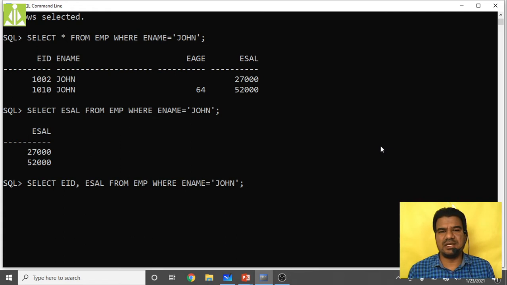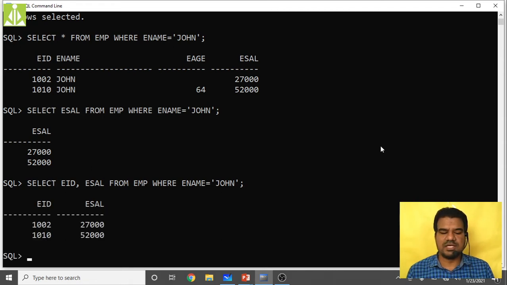See how easy it is framing the queries. You just have to know the technique of writing the statements in this particular language. When you hit the enter key, it will list that. See, EID it is listing and ESAL it is listing.